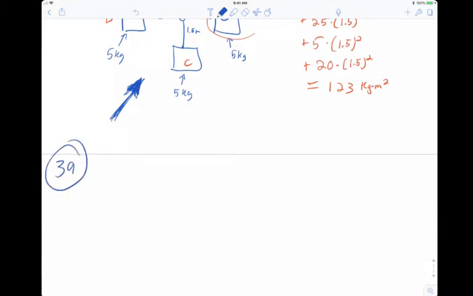All right, 39. A toy top with a spool, I don't know what that means, of diameter 5 centimeters has a moment of inertia 3e minus 5 kilogram meters squared about its rotation axis. To get the string spinning, the string is pulled with a tension of 0.3 newtons. How long does it take for the top to complete its first 5 revolutions? The string is long enough that it's wrapped around the top more than 5 turns. Okay, so